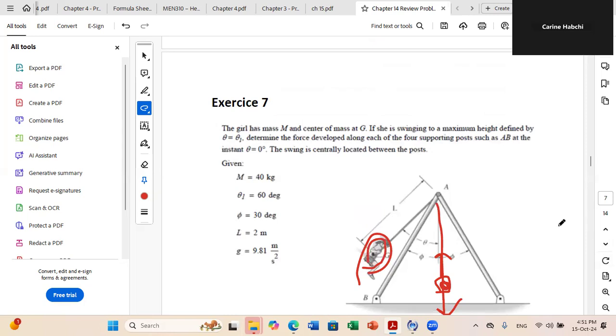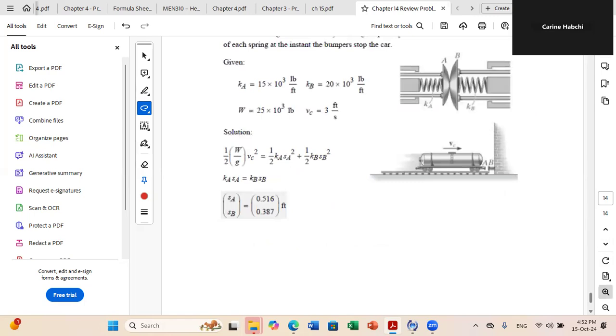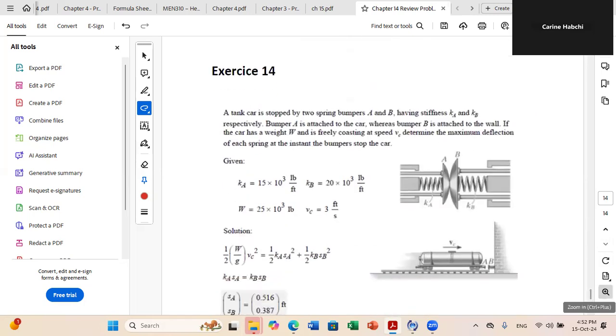Other question? Yes. In exercise 14, the last one. Yes. So we were saying that K delta SB minus K delta SA equals 0. Is it because we applied that, because of action reaction, the principle of action